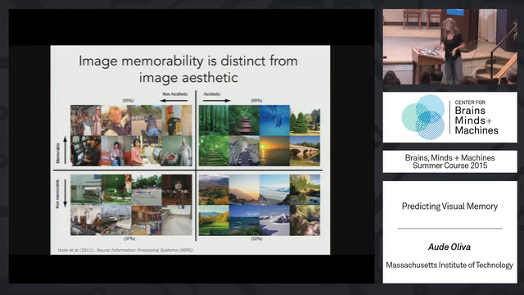This means that basically you could have an image that is judged very beautiful or, on the contrary, ugly or boring, and in those cases you could still remember those two images. So we found this absence of correlation between those two attributes in various studies. We replicate this with other data sets and faces as well. So it looks like what you will remember is this notion of distinctiveness, but you know, it can be beautiful or ugly, it doesn't matter. You can still either remember it or forget it.